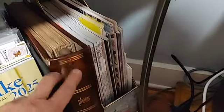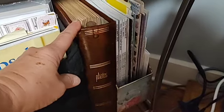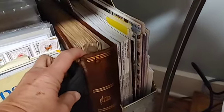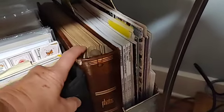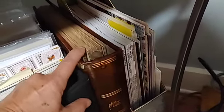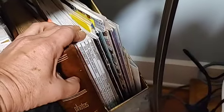So these are all the patterns I'm keeping, including my full coverages. These are from the Betty stash that you saw last week. She had some pictures of little mouse cartoons and stuff, and some other cute patterns that she had put into a photo album, so I kept those. And then these are my punch needle magazines, and these are the